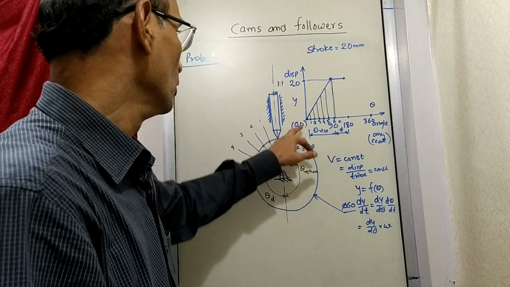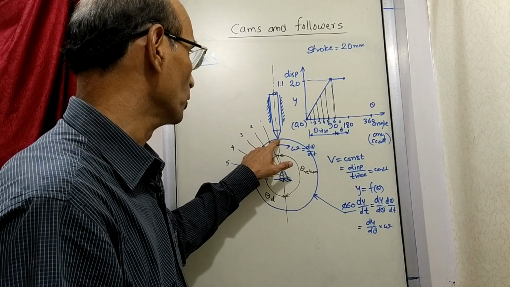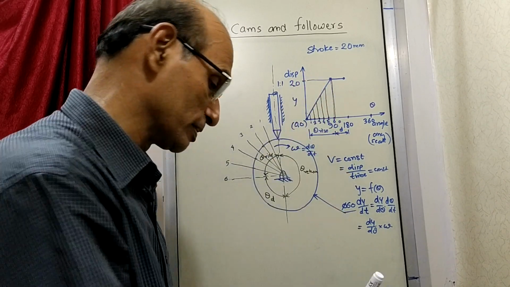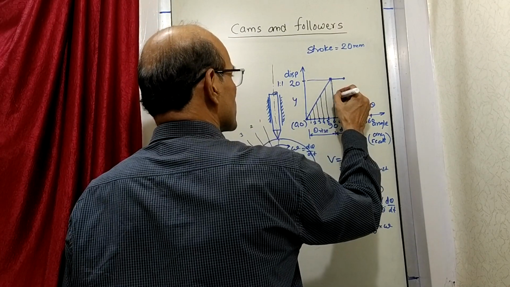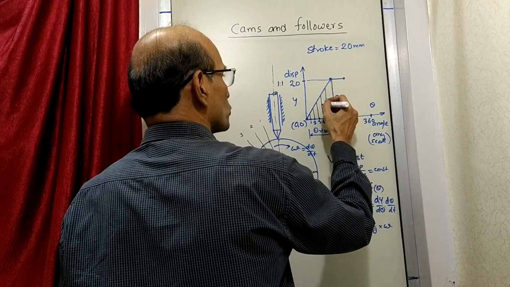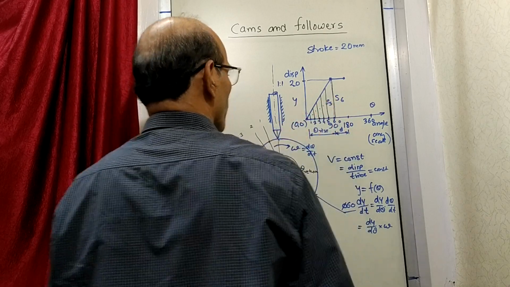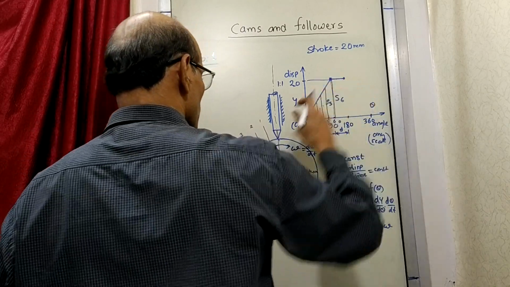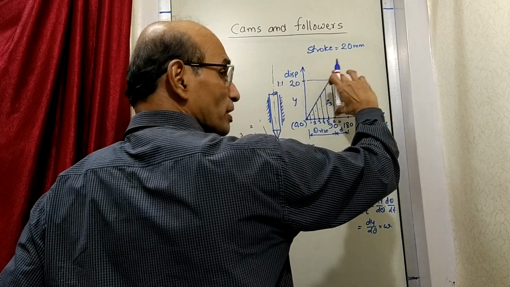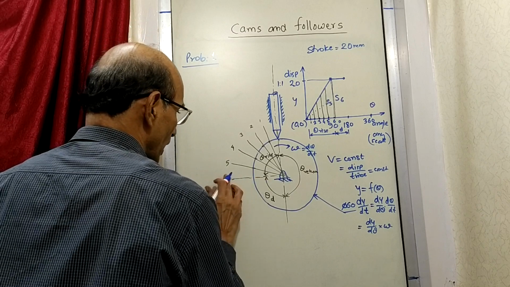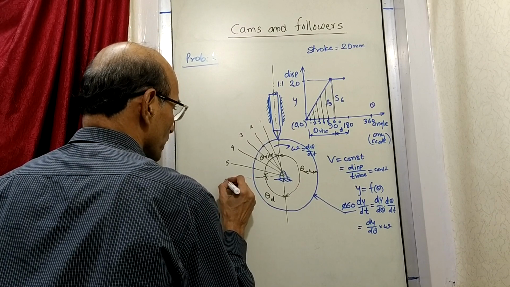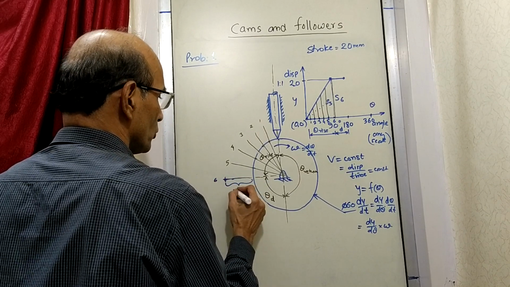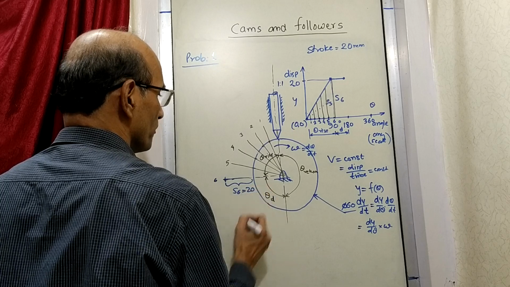Now what it shows, when the angle is 0, displacement is 0. When the angle is 90 degrees, the displacement is going to be this much. I will call this distance S6, this is S5, S4, S3, S2, S1 and S0. So when it is 90 degrees, the displacement is S6. So this S6 you have to measure here, which is 20 mm. So measure 20 mm, and wherever it comes, suppose it comes here, then you have to mark this point here on 6, so that this distance is S6, which is 20 mm.